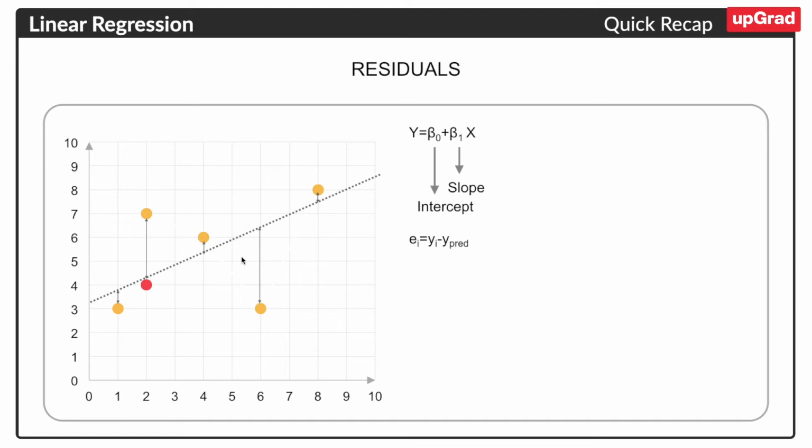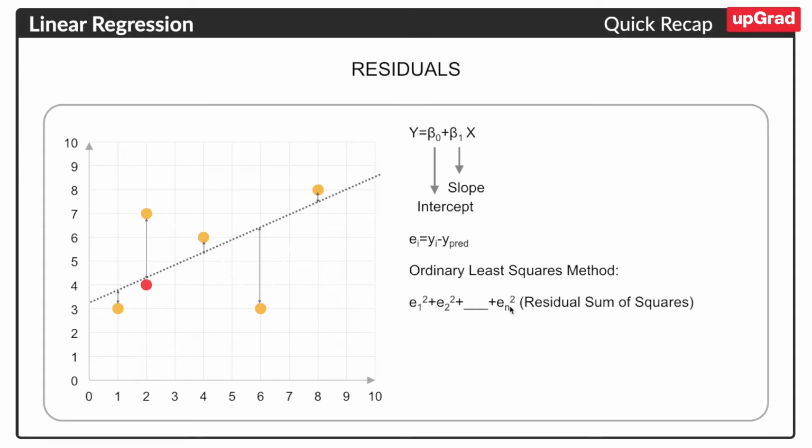Now what we have to do is find this error for all the data points, and sum it, then only will we get the overall error, and that error we should minimize, then we will get the best fit line of linear regression. For this, we use the ordinary least squares method. We don't just take the difference, we take the squared difference. You can see here we are taking the square of all the errors, which is E1 squared, E2 squared, E3 squared, and so on, up to En squared, if we have n data points.